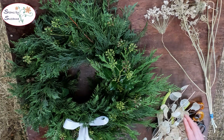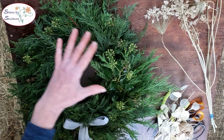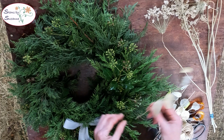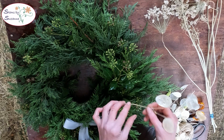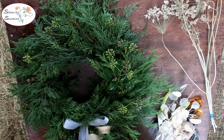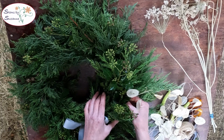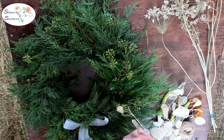Now I'm going to add my honesty in first. And because we laid our foliage all in one direction, you want to continue with that theme when you are adding in your dried elements. And I'm just going to snip out, there's an honesty seed pod there that's a bit torn, so we'll just snip that one out. And this time I am going to be using the moss, so we want a nice sharp point,